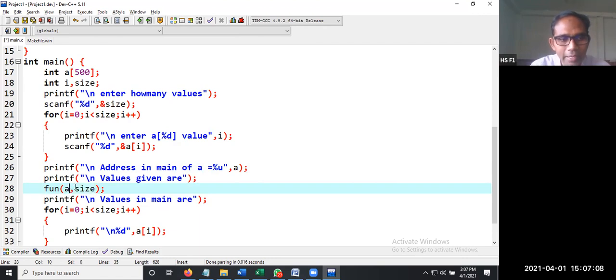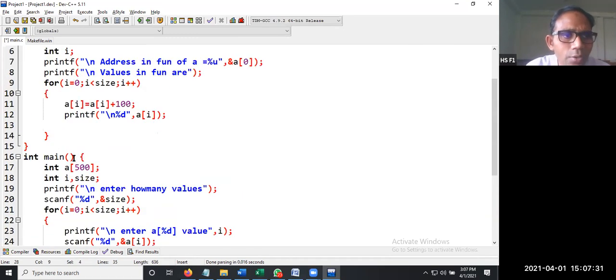If you write here A of 0, comma, A of 1, comma, A of 2, here you are passing the values, not the addresses. One value is A of 2, one value is A of 1, one value is A of 0. Suppose we are passing 3 values. How to receive?